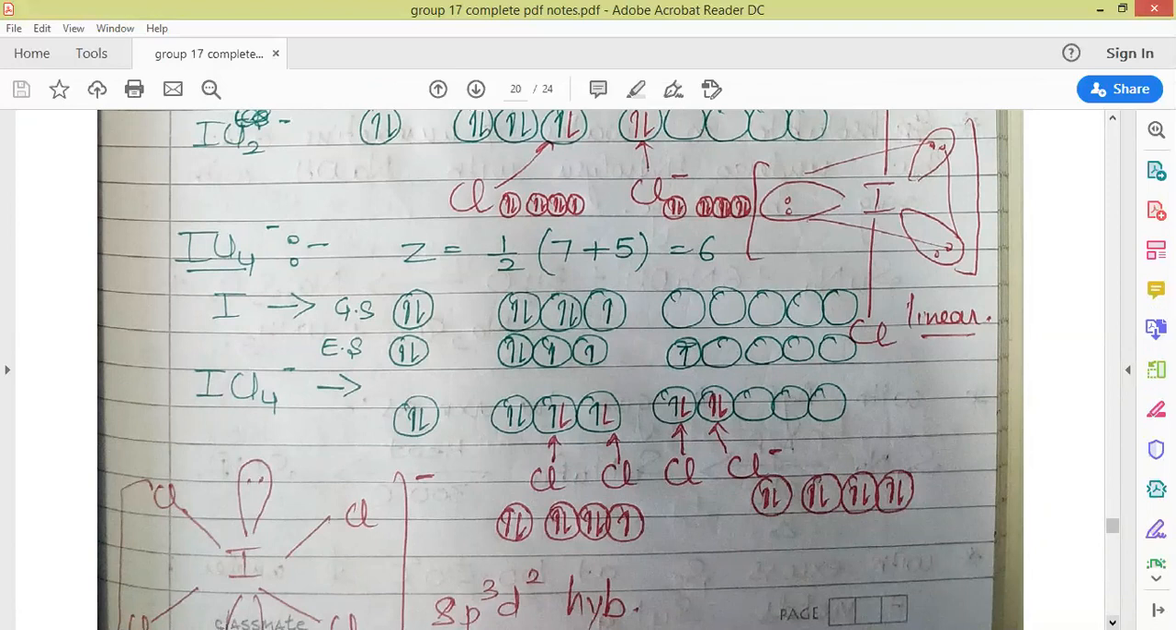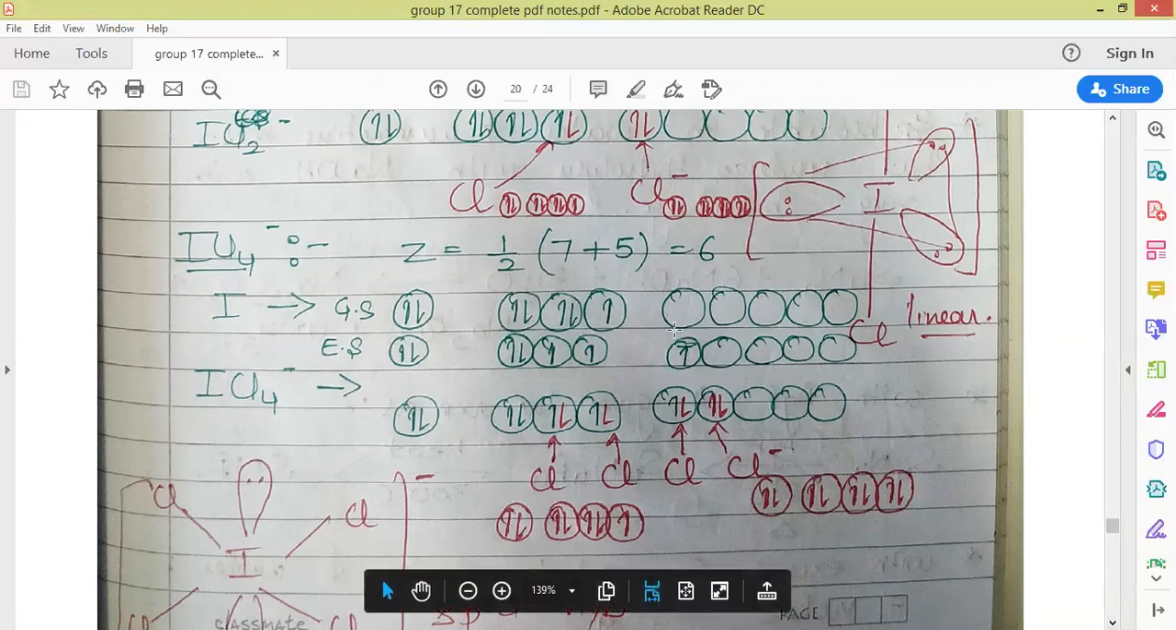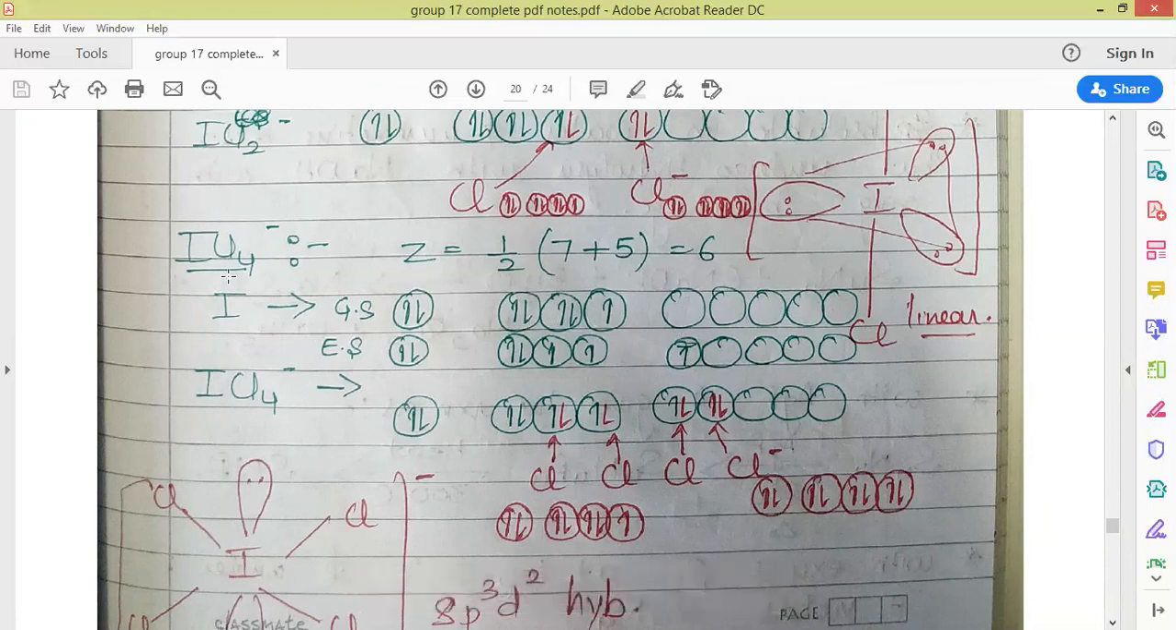This is ICl4 negative. Here also Z comes out to be 6. This is the ground state electronic configuration of iodine. 6 means there are 4 bond pairs, that means 2 lone pairs are there. In the ground state there are 3 lone pairs, so we'll be promoting 1 electron to the d orbitals. So 3 unpaired electrons and 2 lone pairs. The 2 lone pairs will remain there, and 3 unpaired electrons and 1 empty orbital will take part in the hybridization,